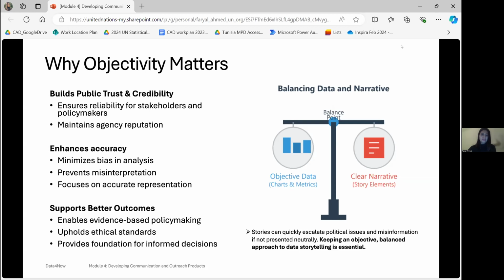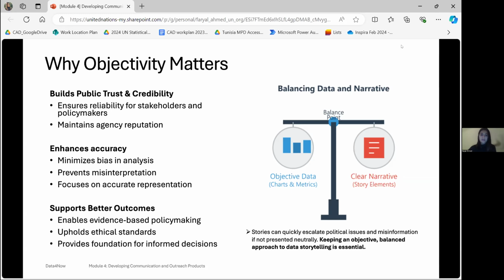It helps ensure reliability for stakeholders and policymakers. It maintains agency reputation. As members of the NSS, it's our obligation to maintain public trust and credibility in a way that minimizes bias. And that's where my second point comes in: we enhance accuracy by minimizing bias in our analysis and in what we present to the audience, so that it is not presented in a way that it's